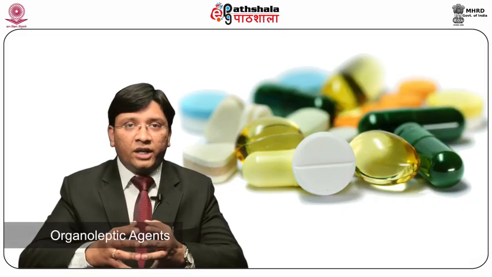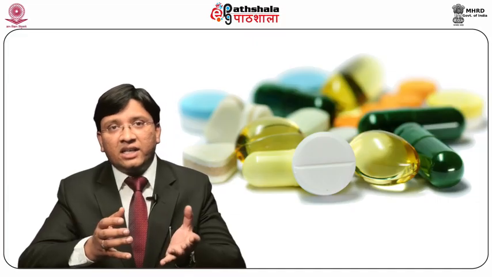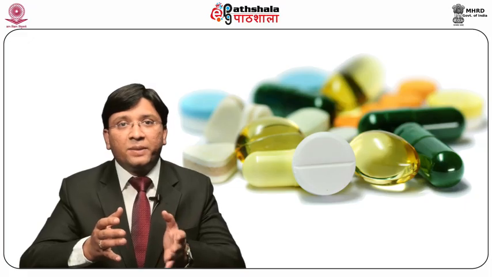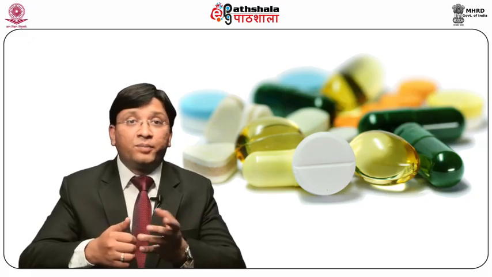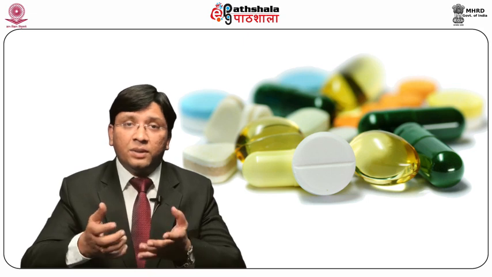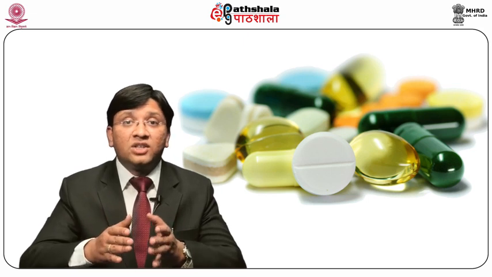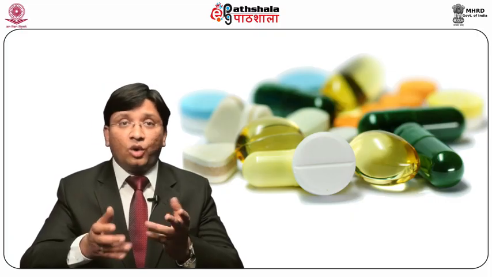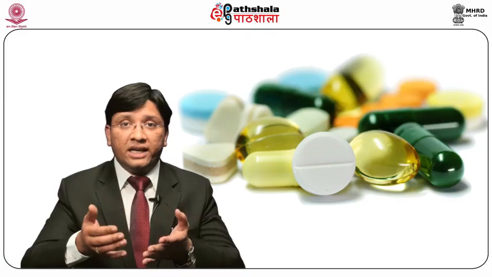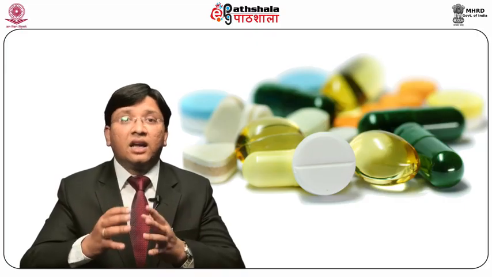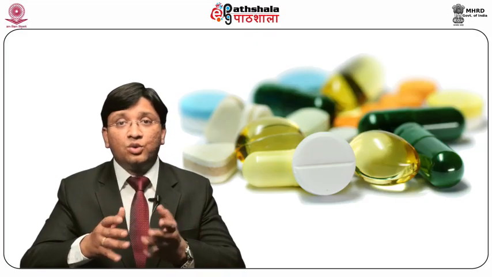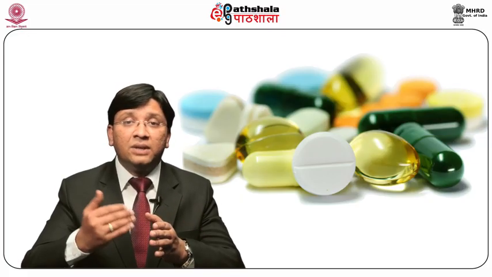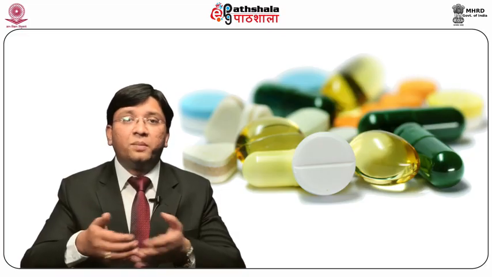Under the category of organoleptic agents, coloring agent is an important excipient. It does not possess any direct therapeutic effect but produces a psychological effect on the patient. Product identification during the manufacturing process can also be made easy. It also helps many patients to recognize the drug strength. Coloring agents are grouped into two classes, natural and synthetic. Natural coloring agents can be of animal, plant or mineral origin.